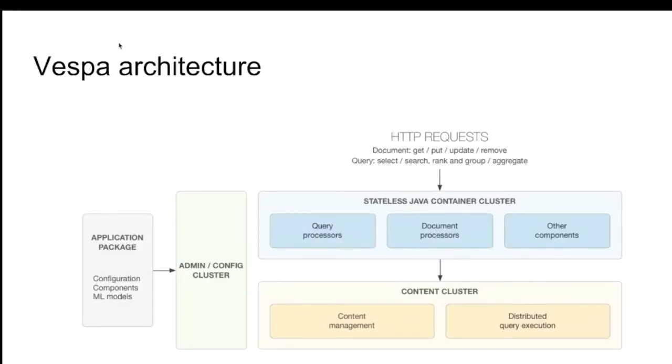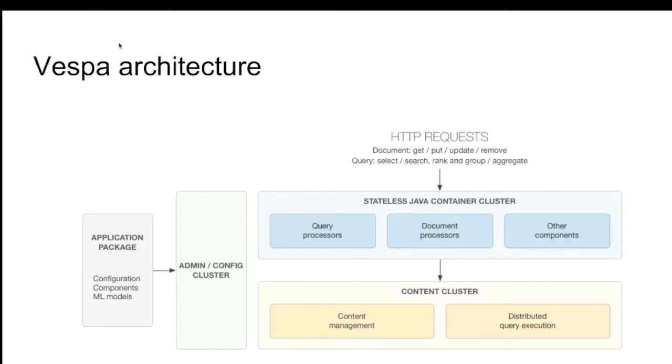So just quickly, the architecture of Vespa. Vespa is a two-tier system where we have a stateless container in Java that handles all incoming queries and writes and so on, and executes the global part of the logic of handling incoming traffic. And then we have what we call content clusters that store the raw data, execute the distributed part of queries, execute machine learning models, and so on.